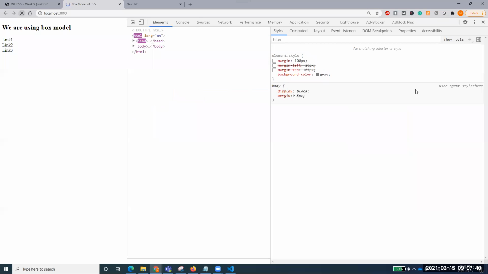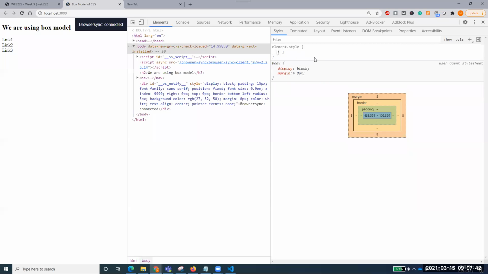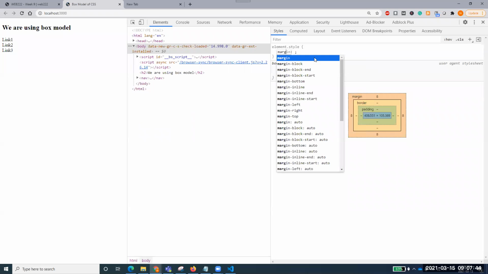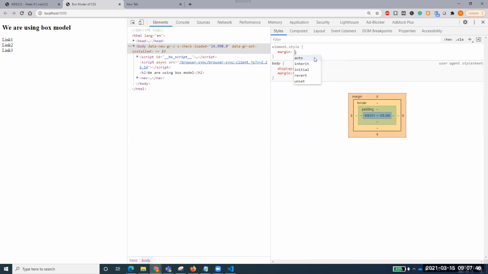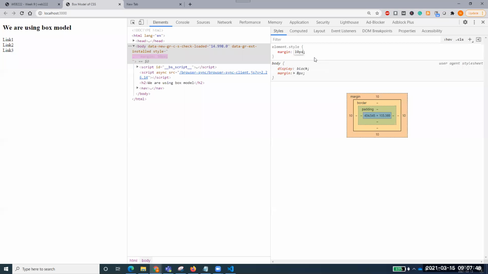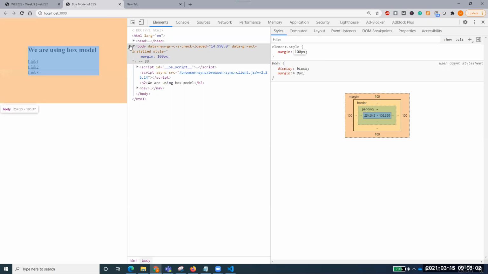Let me just refresh that so that we get a clean shape here. Now, if I say margin, for example, 10 pixel, right? So margin has broadened. I will just do this one last time so that everyone understands: 100 pixel. You see that margin has gone over there. My body has stretched 100 pixel from the top and 100 pixel from the left. So if you give a single value, it means you are talking about all 4 sides. You got the point? Who was asking this question?